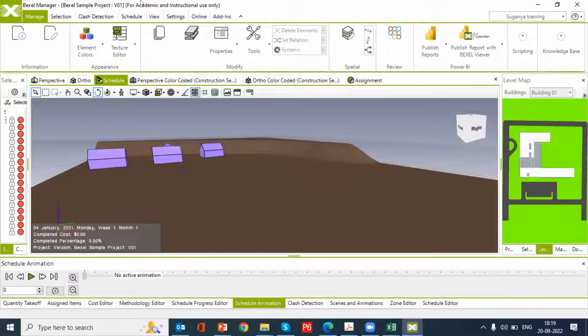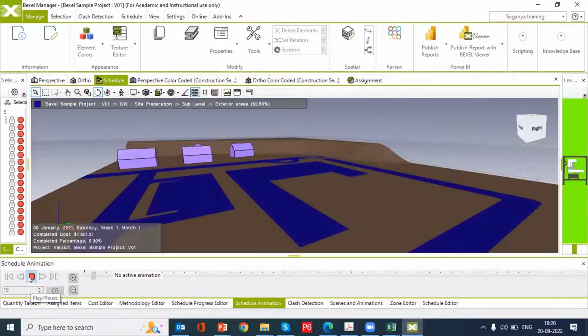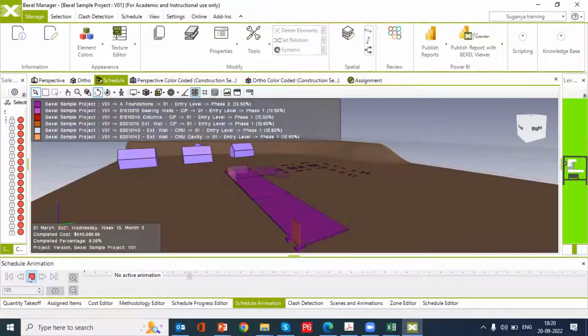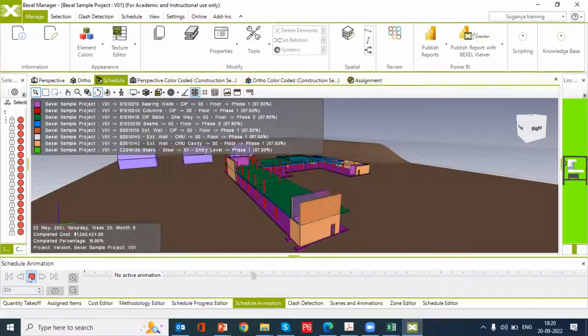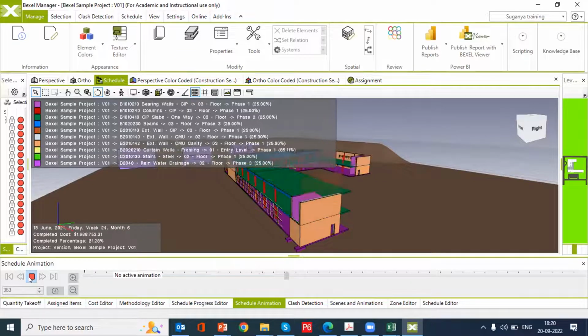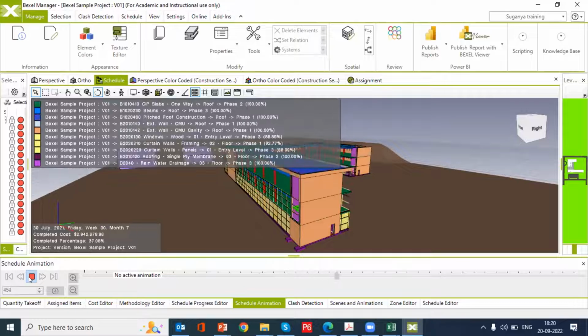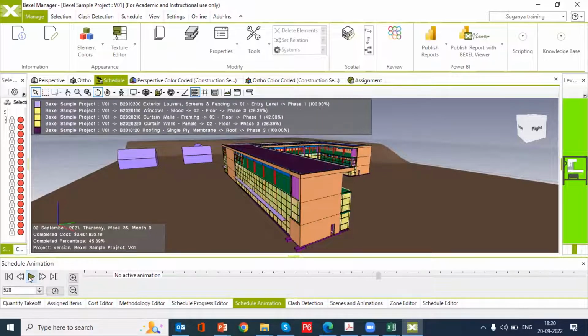So this is the schedule viewer. Now I can run the simulation. It will give you the clear picture. So initially we planned for what are the activities, then what are the activities, entry level, phase 2, columns, ground floor, first floor, second floor, on which date. So you can just pause the video and you can see this is on 2nd September till this is the